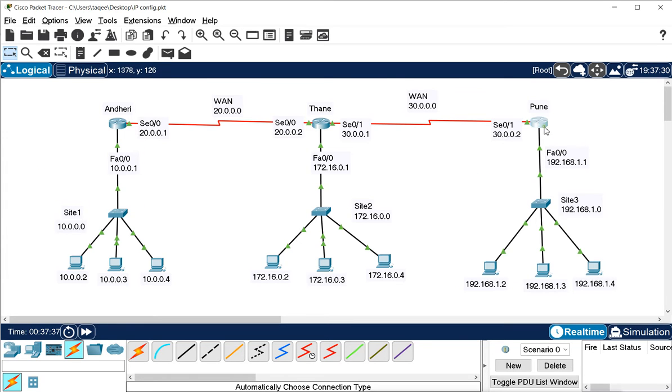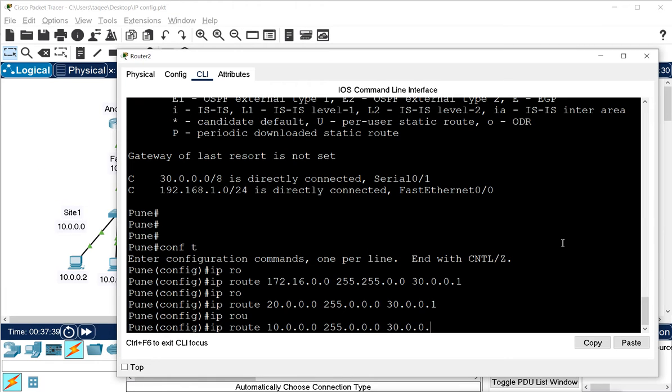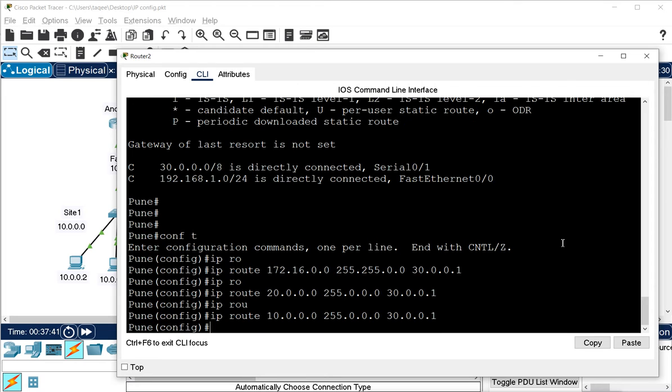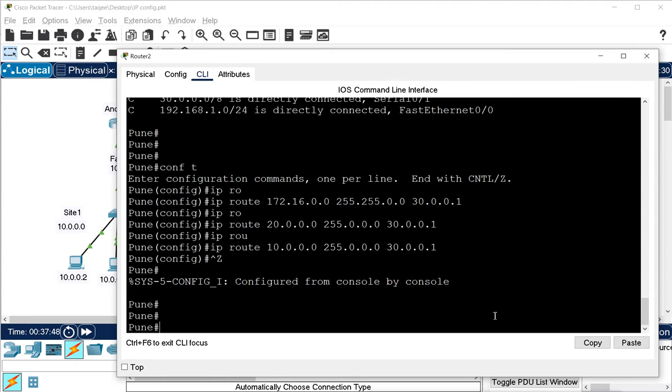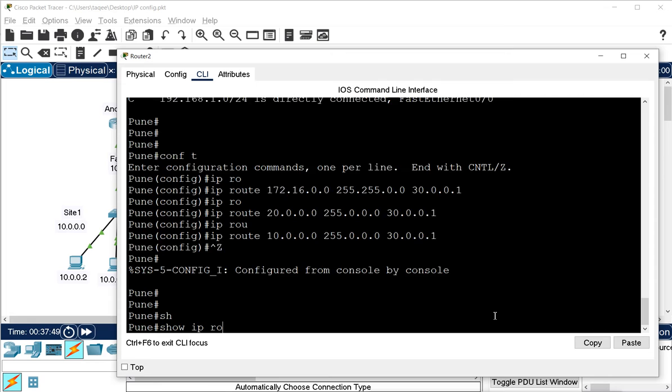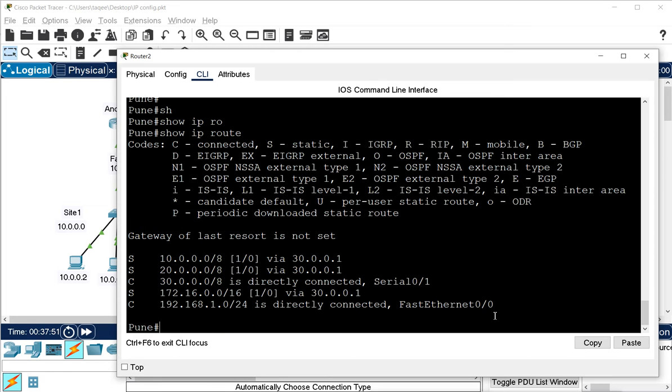So here I will configure the same hop address. Now we don't have any more networks to configure. It is done for this Pune router. When I check this, these two networks were default connected.